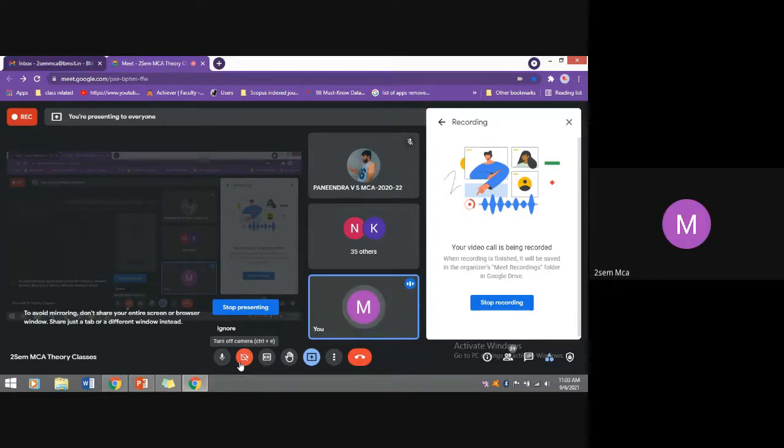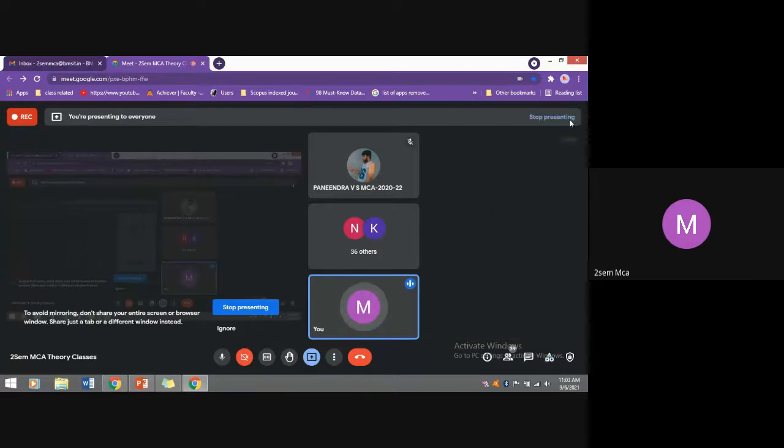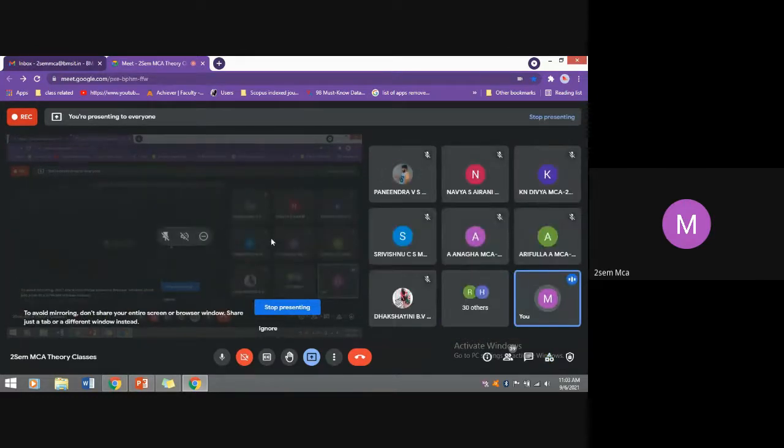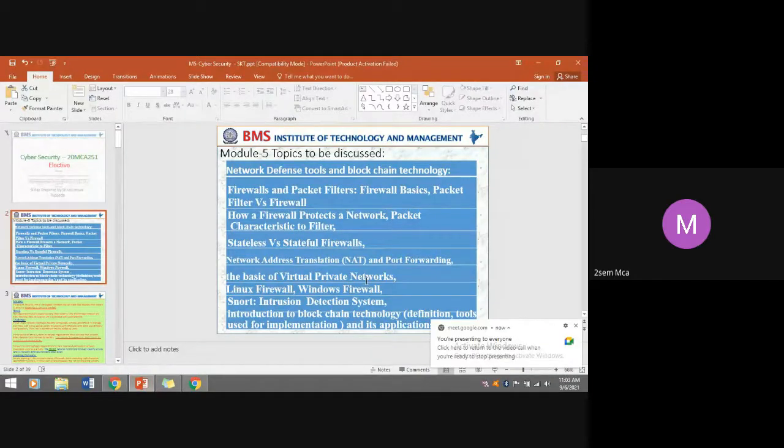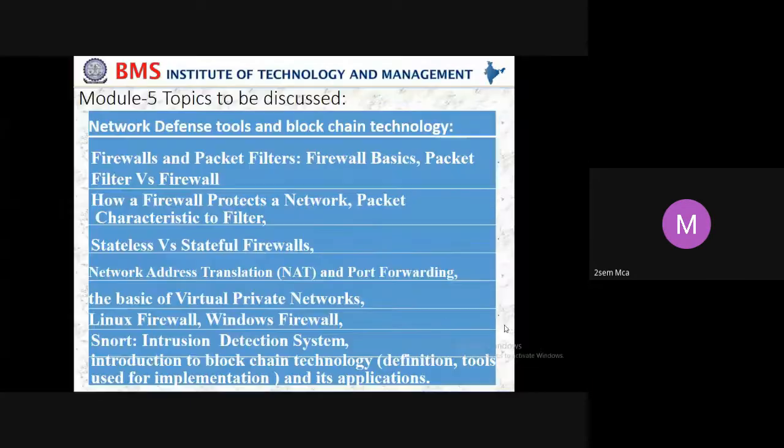A very important topic of discussion, that is module 5, network defense tools and blockchain technology. Only an introduction to blockchain technology we are learning in this course in the current semester. Previous to that, we are going to discuss the network defense tools. These are the following topics we are going to learn from this discussion: